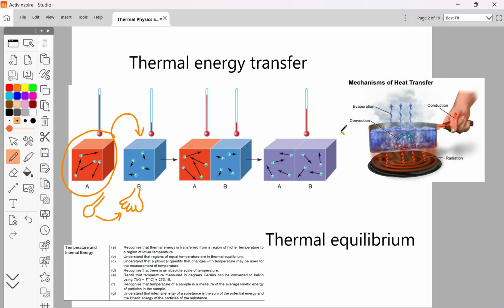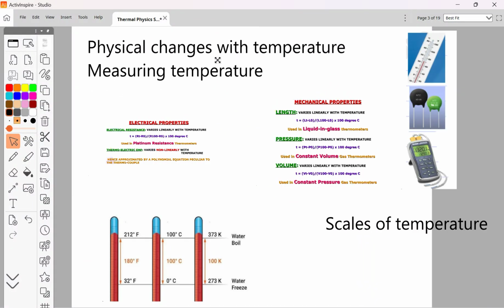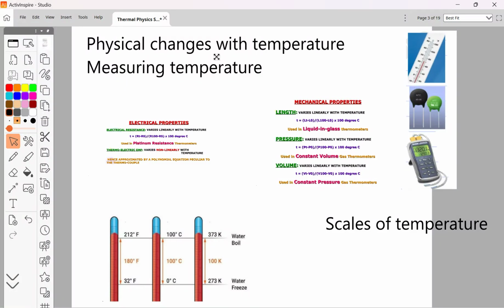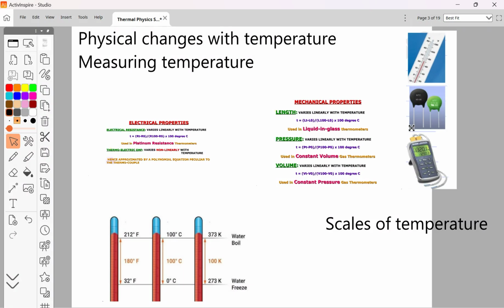And then once they are at thermal equilibrium, it would mean that these two objects now have the same temperature as measured on a thermometer that we'll get through now. So that's pretty simple, I believe. Then you need to be able to recognize physical changes of substances with temperature. So if there's something that could change as the temperature is changing, that could be used in a thermometer or